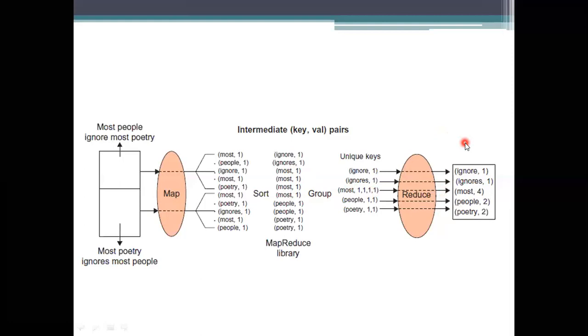So likewise, we need to consider the map function and then the reduce function in each. So the map and reduce functions will be based on the keys and values. What are the key and values we are using? The key in this example is the element which has been used mostly. So that has to be known here. And for that, the repeated times have to be known here. So for that, we need to split it up. So the splitting, that is, the words have been considered as the key elements here.